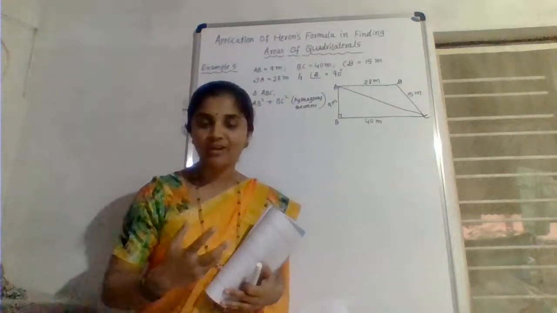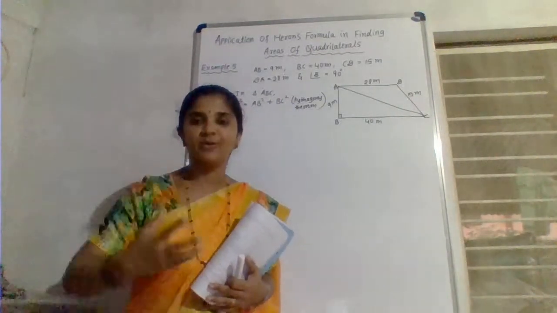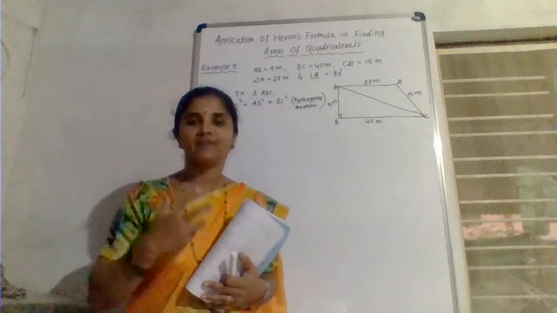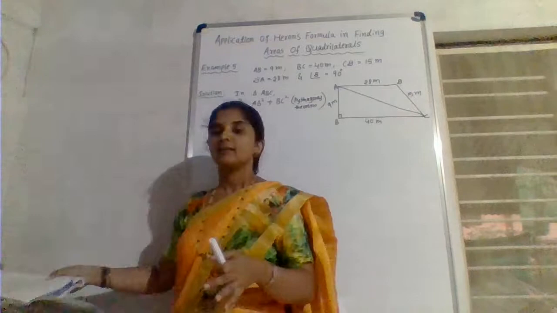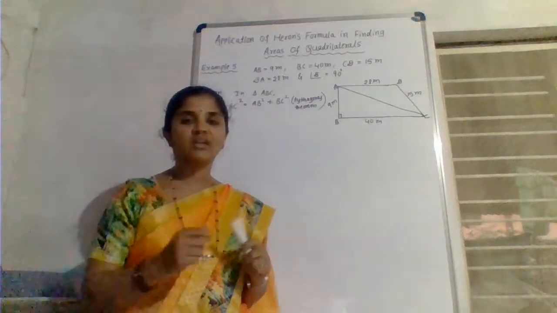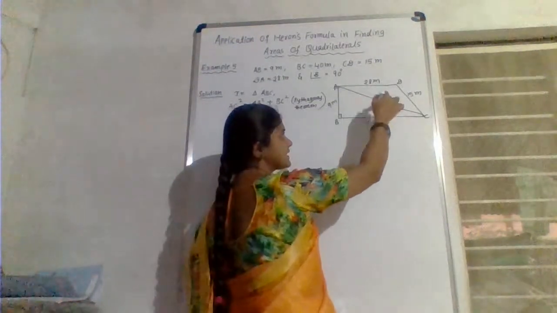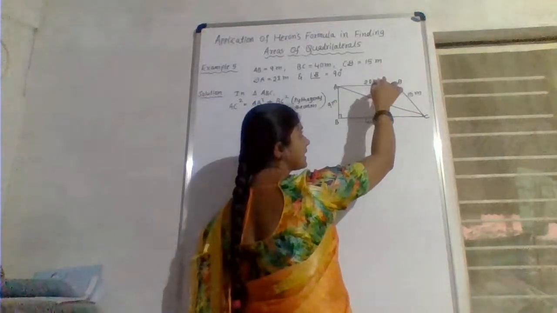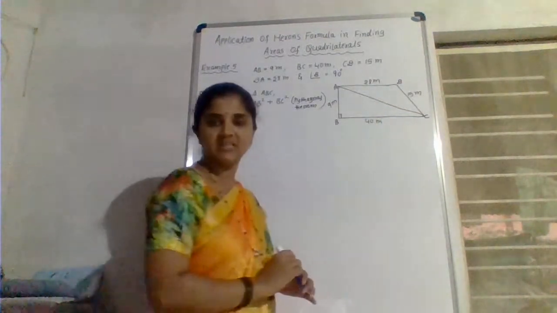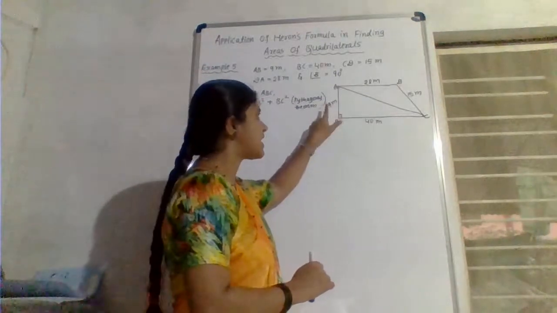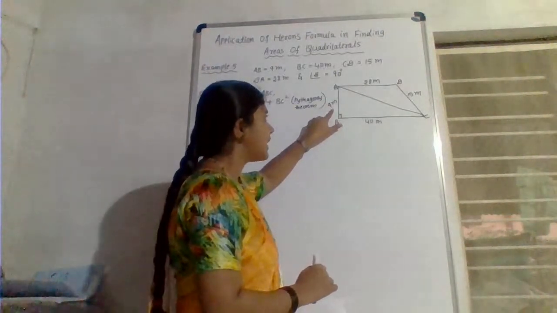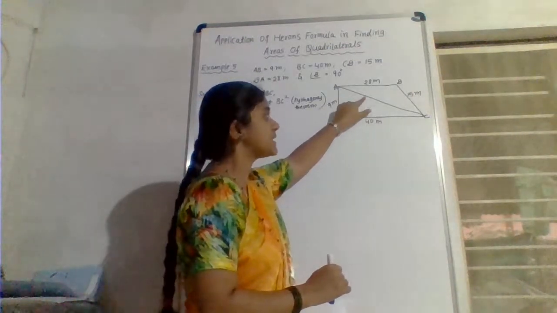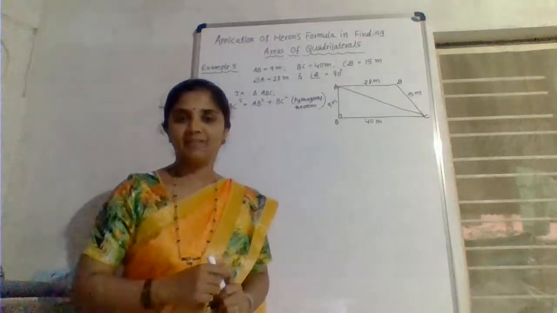Now what do we have to compare? Which group cleaned more, and by how much area did they clean more? That we have to find out. So what do we have to find? The area of this triangle, cleaned by the first group of students, and this area, cleaned by the second group. To find the area of this triangle, observe that AB is given and BC is given, but AC is not given right now.